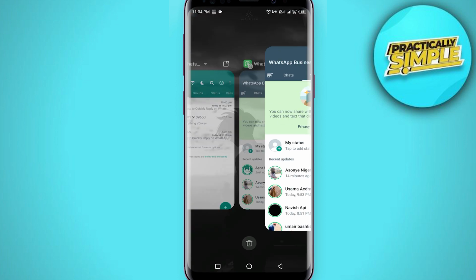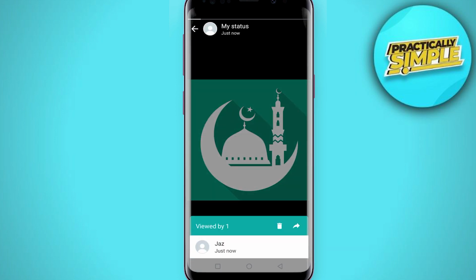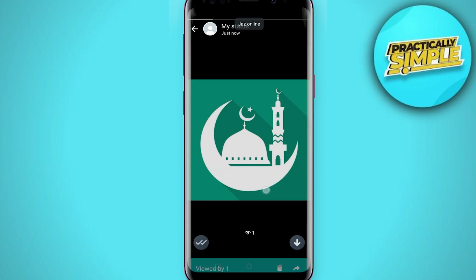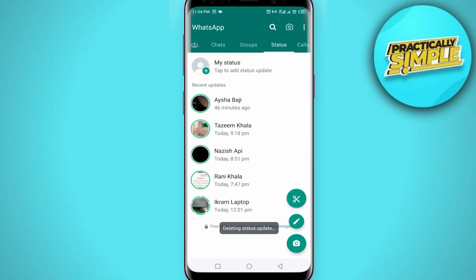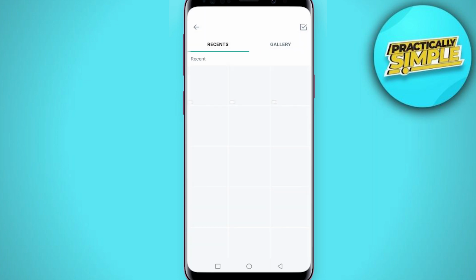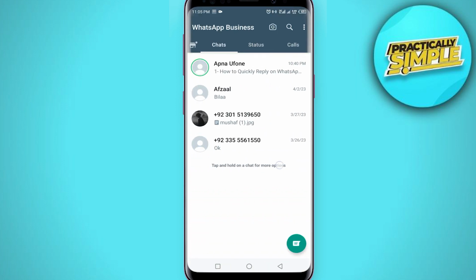So now if I go to my other account, go to status, and you can see this one view. This person knows that I am viewing his status. So what we have to do is, first of all, just delete this status. Now I'm going to upload the status again like this, and now just go to your main account and tap